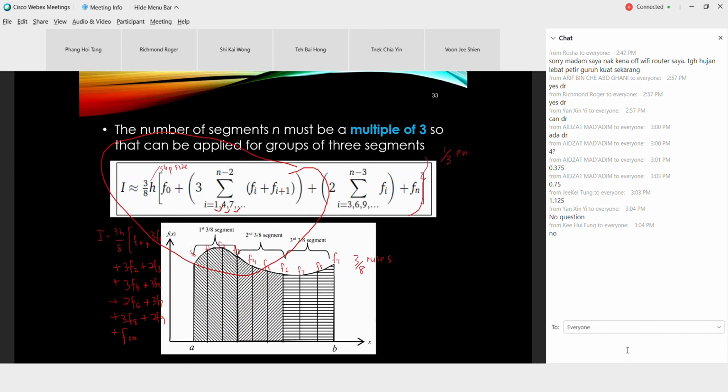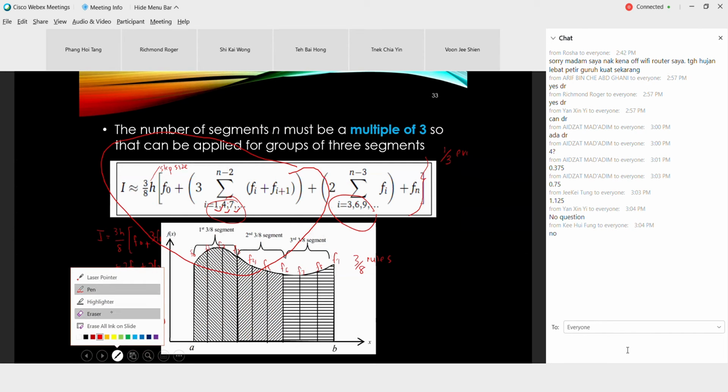For 3/8, the number of segments n must be a multiple of 3, so that it can be applied to groups of 3 segments. So 3, 6, 9. You must understand this. Every multiple of 3, grouped as 3, 3, 3. So in general,